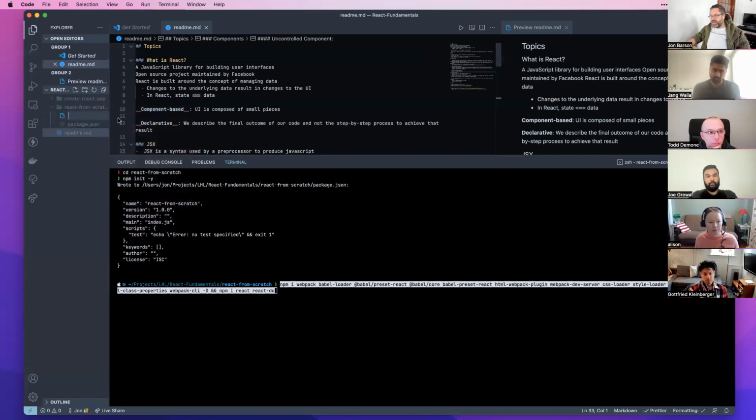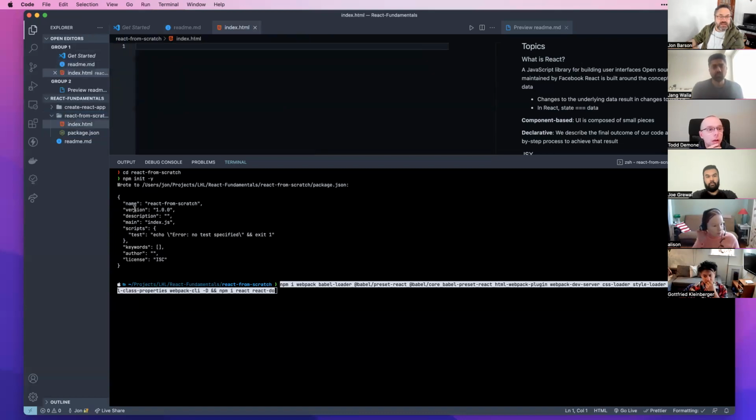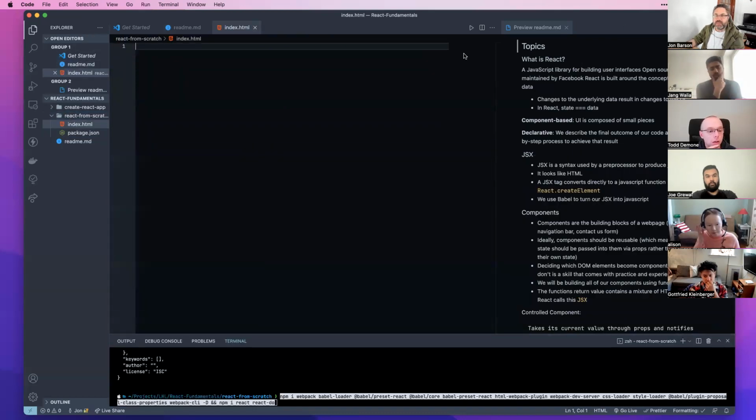So let's create a new file, and I'm going to create an index.html. We still need HTML because it's a web page. So I'm going to create the index.html, and in here, I'm just going to create